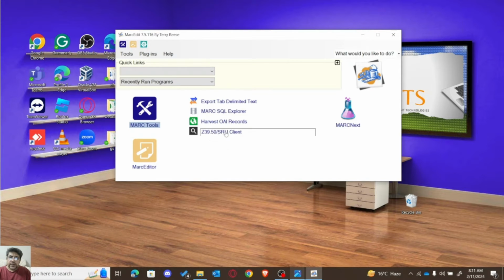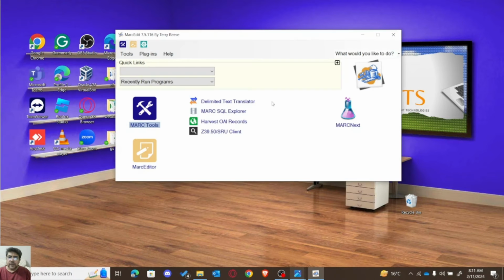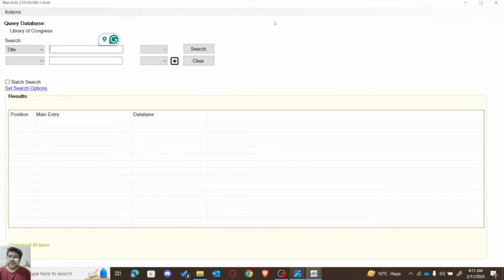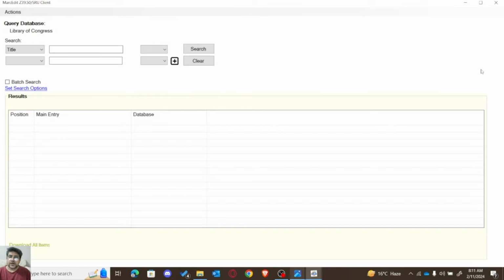So you need to click on this shortcut, or if you can't see this shortcut on your application, you just need to go to the tools, the settings, where you can have this shortcut, and some other important shortcuts are also available. Okay, so when you click on this, you will see this interface where you need to set search options, and you can select a database, or if you don't have any database, you can find a database